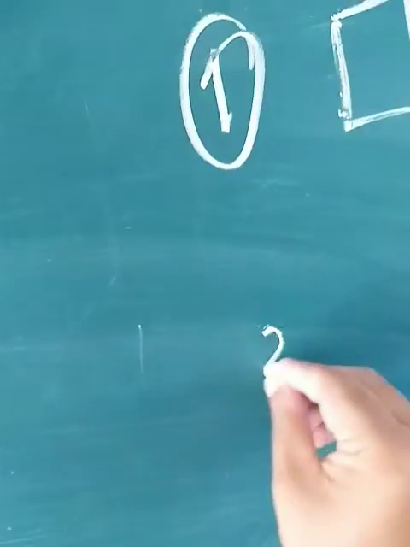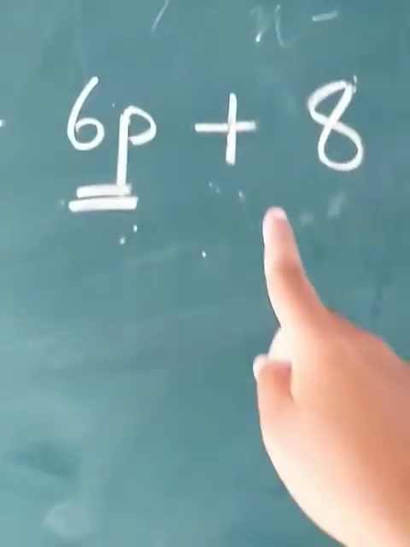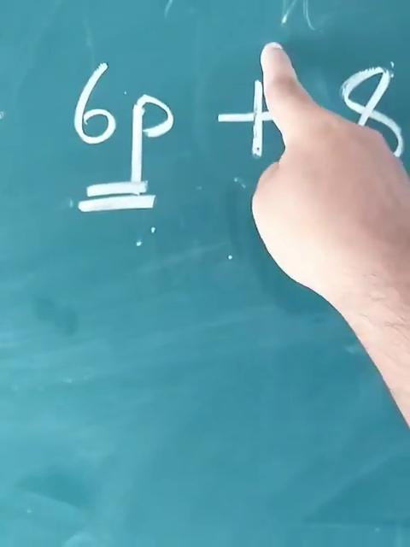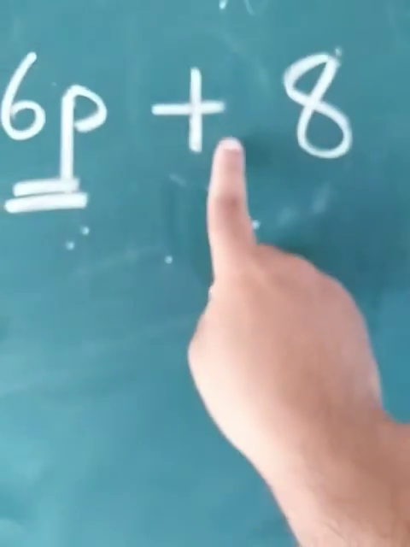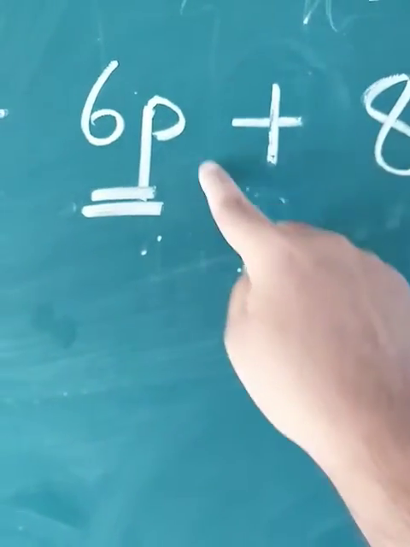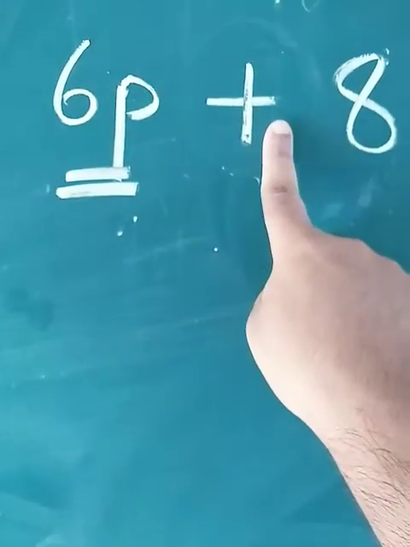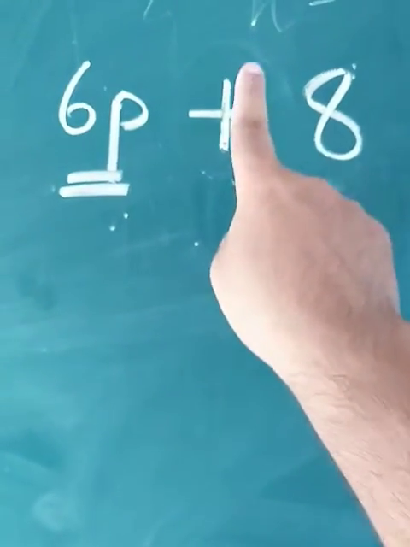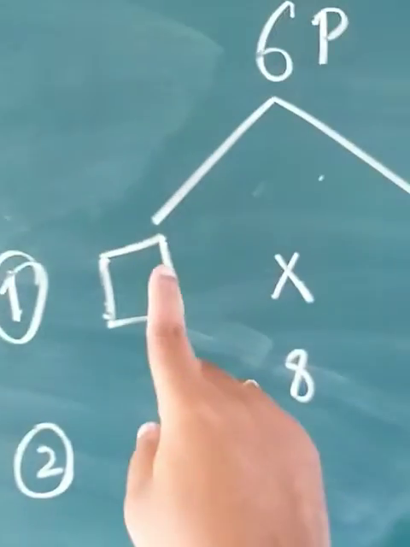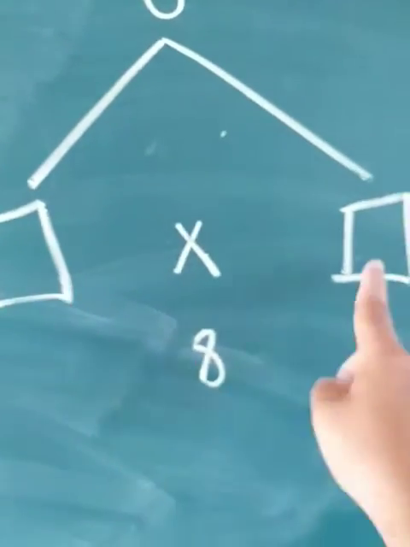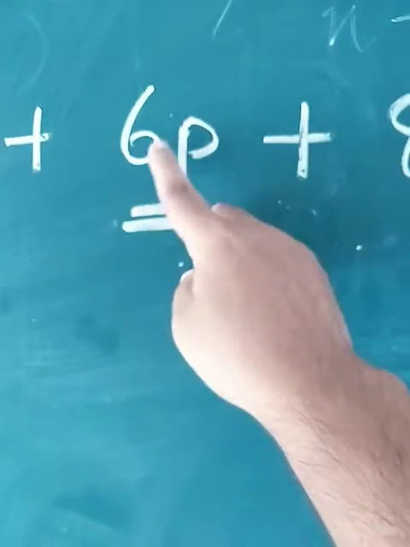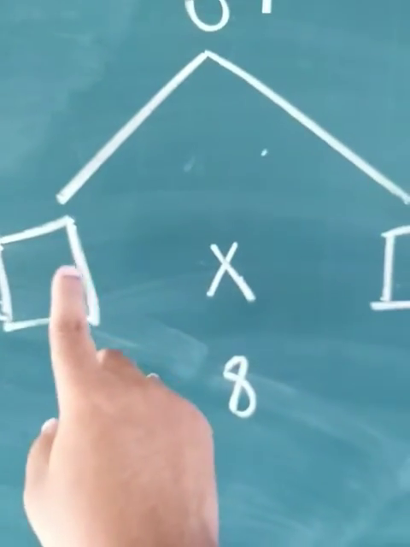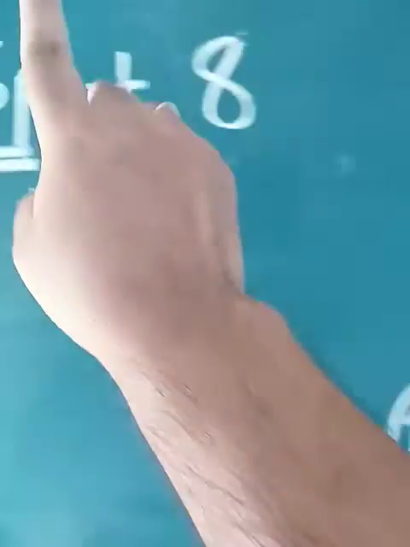The second condition that also should match is that you should always consider the sign in the middle, not the last sign. So I repeat, you have to always observe this sign. If it is plus, then plus. If it is minus given here, then you will observe the minus sign only. So if it is plus given, it means you have to choose such numbers that if you add these 2 numbers, you should get 6. And suppose if there had been a minus sign, then you have to choose 2 numbers whose difference should be equal to 6.